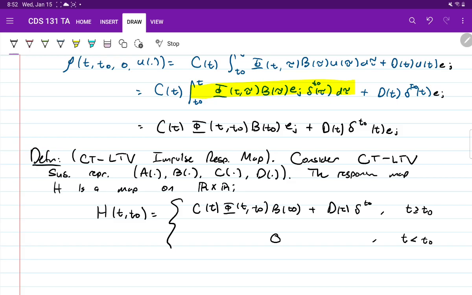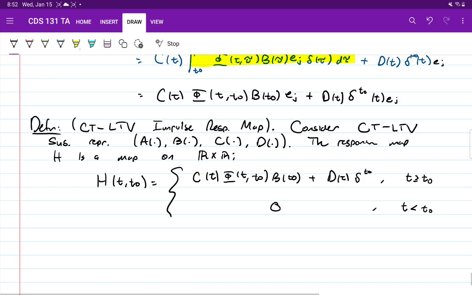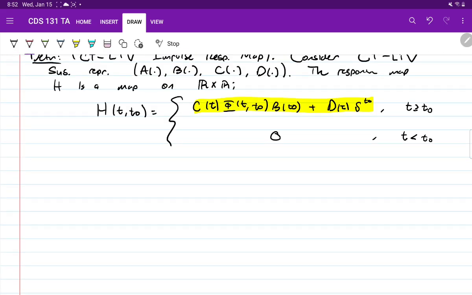And remember, this was because if we're saying our initial state is 0 and we're not applying any input before t naught, then our system response should be 0. Okay. So notice this formula directly motivates this formula over here. Okay. So I just want to emphasize real quick, mark, for non-zero